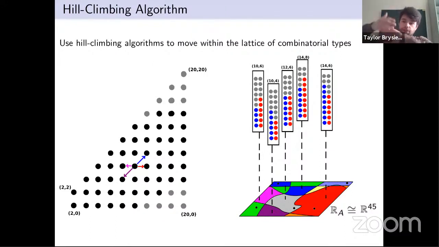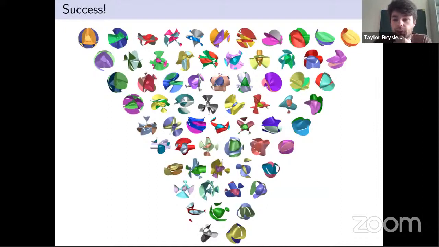We try to push together singularities with lots of positive eigenvalues on their real part, or not a lot on the real part if we wanted to go in the other direction. And doing this, we are successful, and we find all combinatorial types. And here is an example of a spectrahedron of each combinatorial type. So I'll take a moment on this picture. The top right corner,